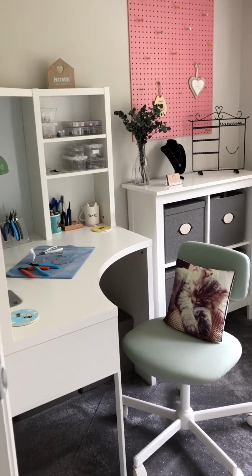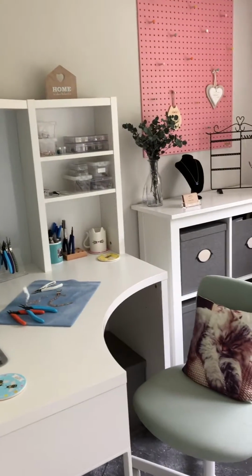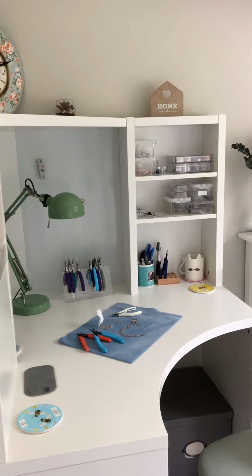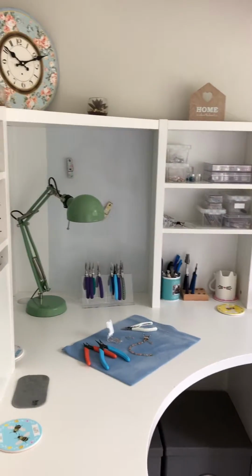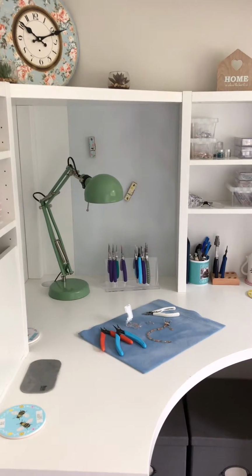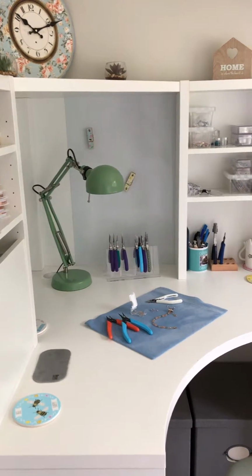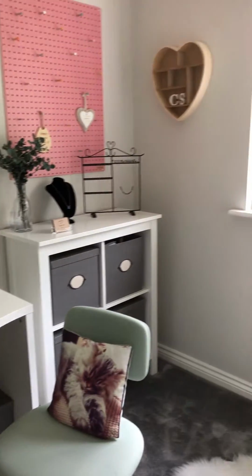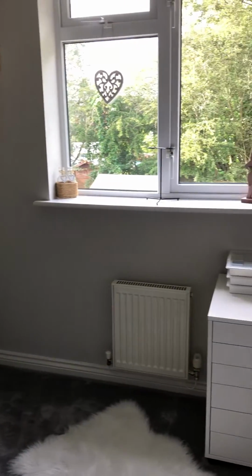I just wanted to give you a little peek at my workshop. It's a home workshop or studio, and I set it up last year when I started making jewellery. I wanted it to be a really nice, serene, bright and airy room so that I just feel really relaxed